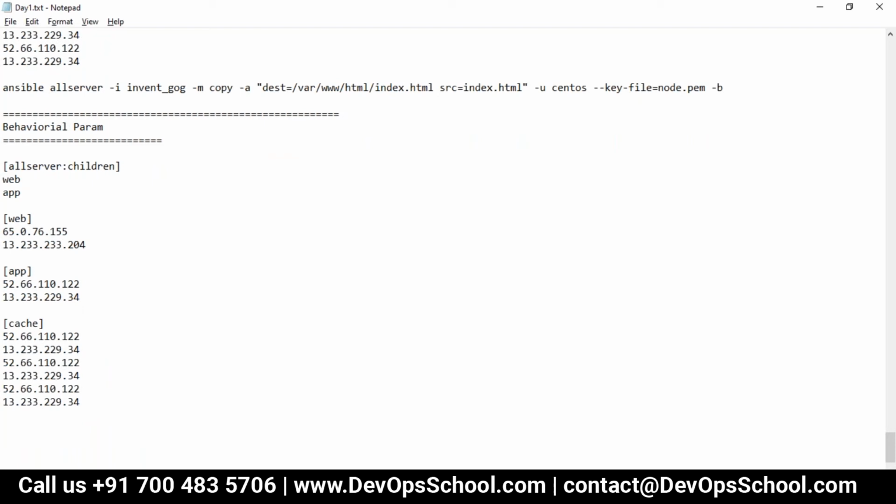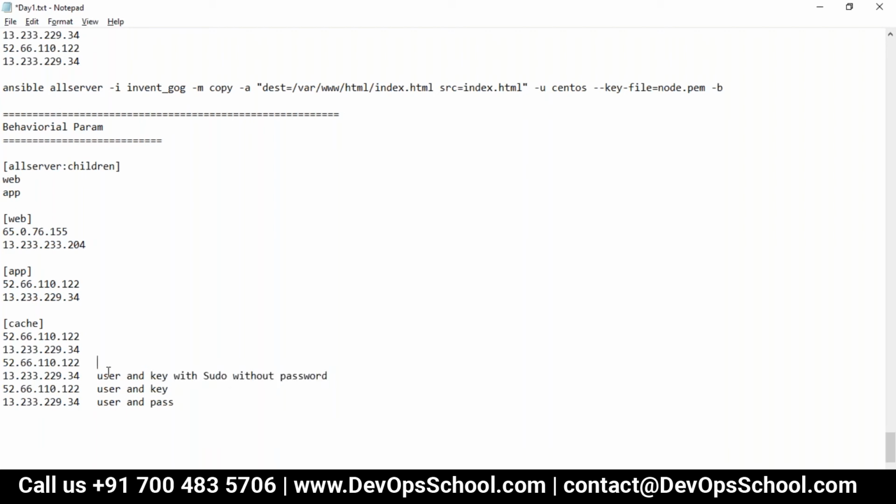Understand it this way: this machine has username and password. Wonderful. This machine has username and key, with sudo without password. All these things we have discussed, so I hope you will not ask me this way.